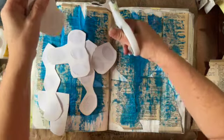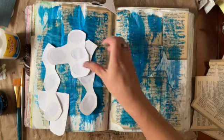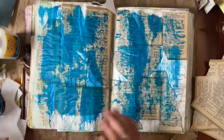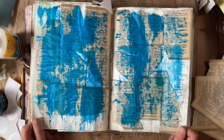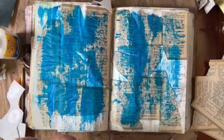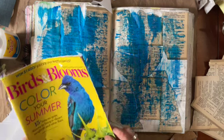in between times. Okay, so there's our random shapes. Is that dry? No. Shall we let this dry? Or should we put it down? I think we'll just put it down. Okay, well, at least we can think about where we want our shapes. It's still dry. So maybe we should cut out the bird and figure out our focal point. Let's do that